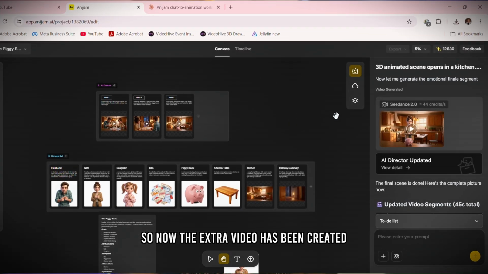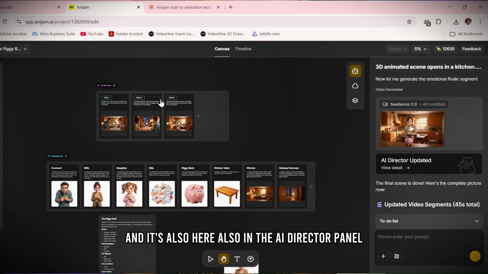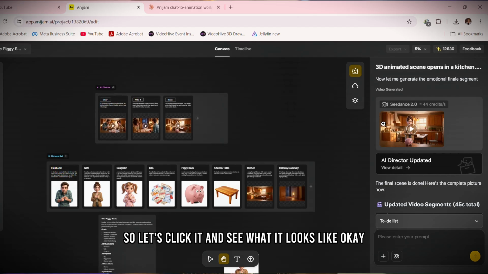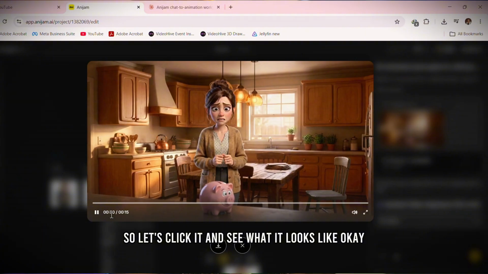So now the extra video has been created and we can see it right here, and it's also here in the AI director panel, as you can see here. So let's click it and see what it looks like. Okay,